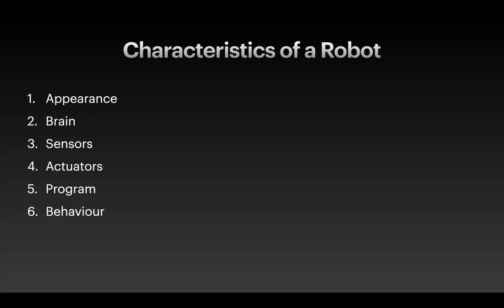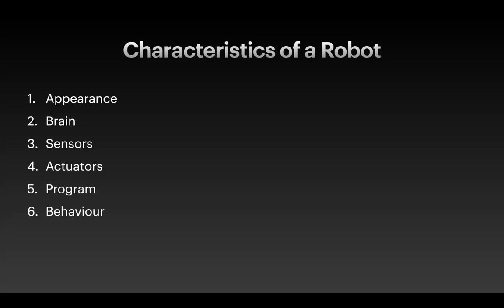And then as a last characteristic, we have behavior. Behavior is a little bit complicated when we just look at it, but it is not. It is very simple. Behavior is a characteristic which says what the robot does. By looking at the robot and how the robot moves, we can understand the behavior of the robot.